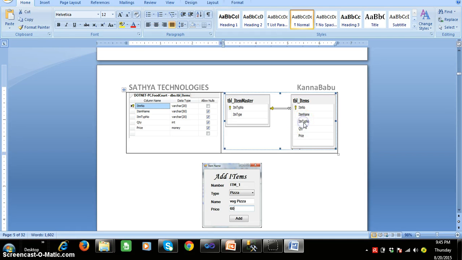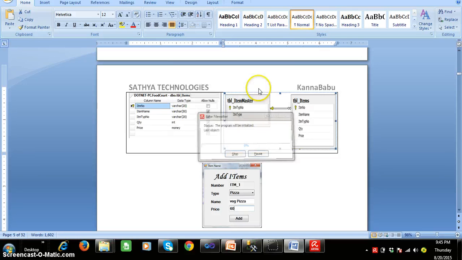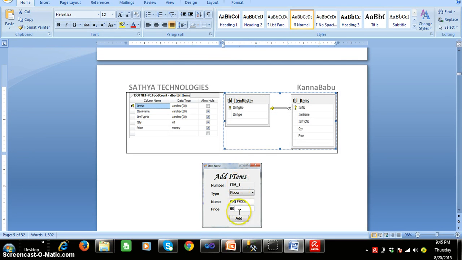item type number. This is very important here, because you are displaying the item type and you are inserting what? Item type number. And you must not insert quantity, because the admin is not updating the stock. He is just deciding what items he has to sell in his food court. Like the admin has decided that he wants to sell pizzas, veg pizzas, and he fixed the price.